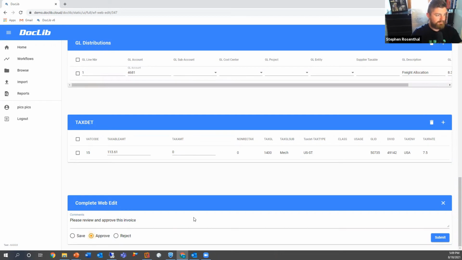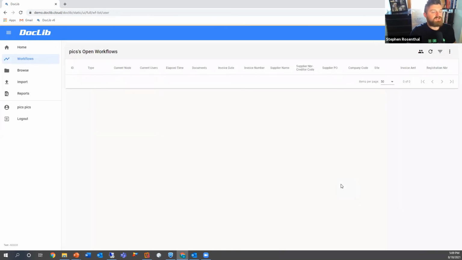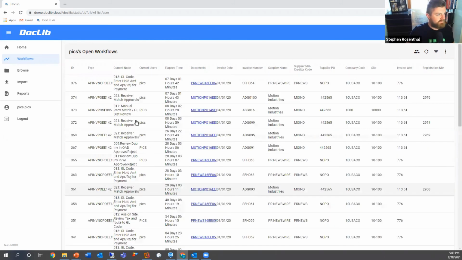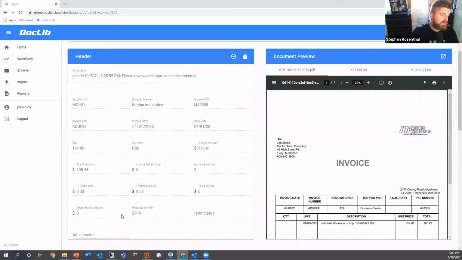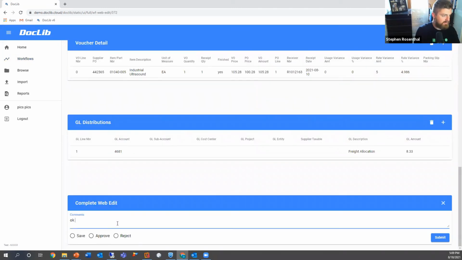Route that over. I'm going to click approve. So this is the AP person approving this to be sent to an approver for final approval on the invoice. So I'm going to submit that off. So that's how we would manage a PO-based transaction. I'm going to quickly come in here and approve an invoice that I have so we can see a transaction created